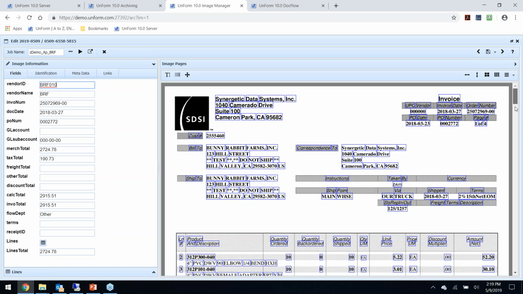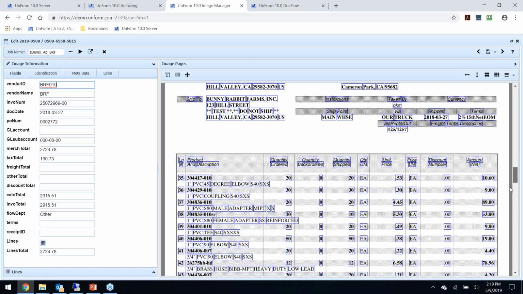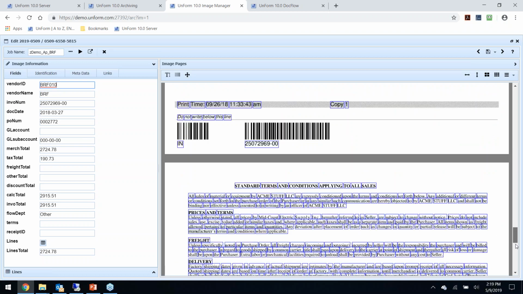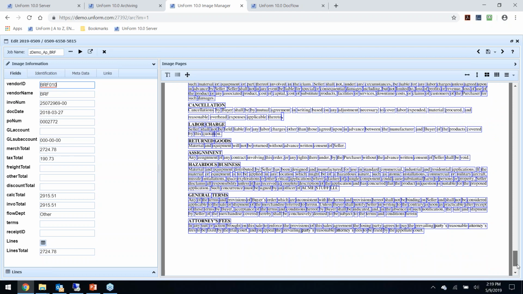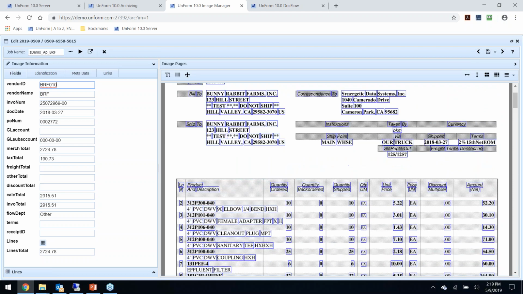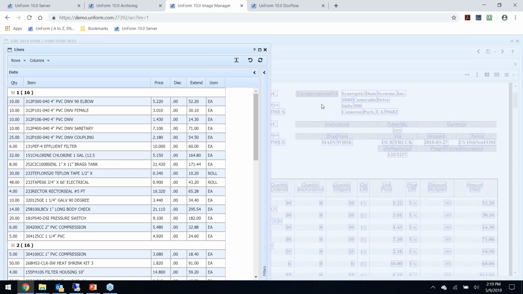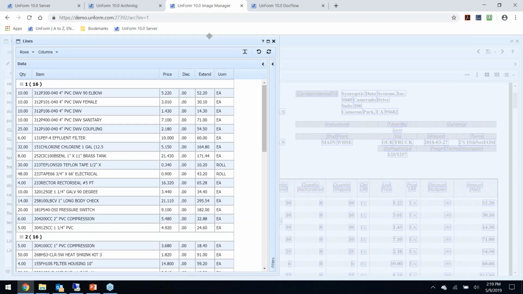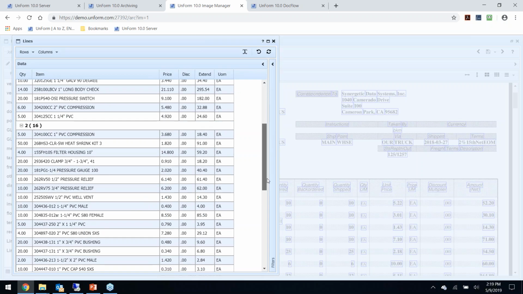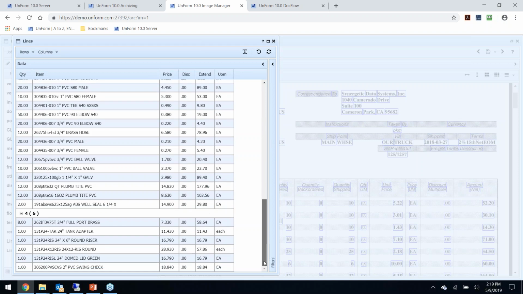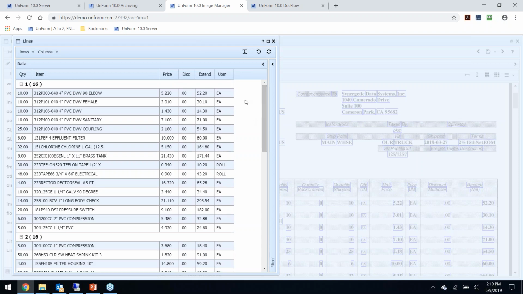So if you take a look at this document, it's got multiple pages, quite a few part numbers, and then we've got terms and conditions at the end, and it's a relatively complex document, but we were able to extract all the information from that document and get that in. Once this gets uploaded into the archive, all that data will be available for export as